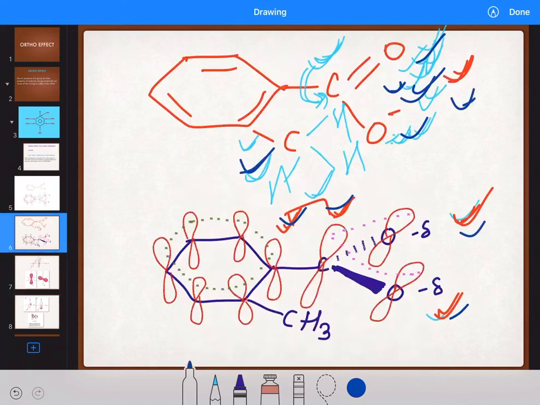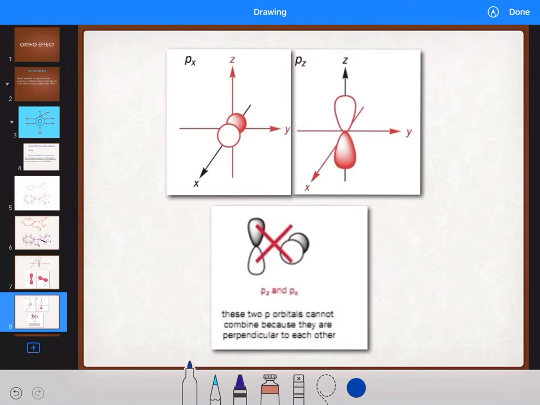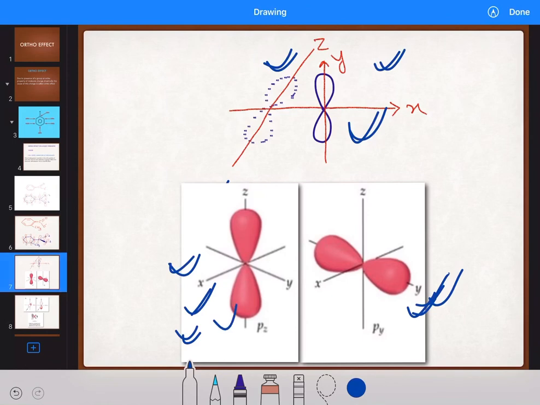That is the thing I wanted to show here. That is the actual behavior of these two. You can also see this image, same thing. Here this ligand is in the z axis and this is in the x axis, meaning these two orbitals are perpendicular to each other. Correct? The same thing I am saying here, these two are perpendicular to each other. Same thing I am representing here.